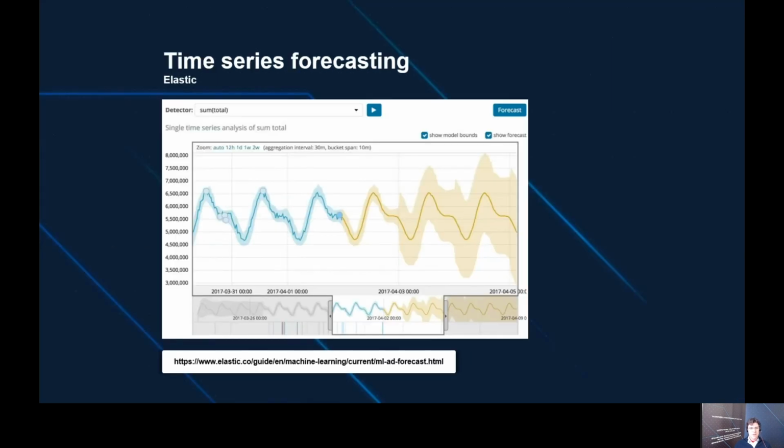Also, Elastic from the ELK stack has built-in time series forecasting features in it. Feed the system with time series data, for example, traffic or throughput or whatever. And then you can also do some time series forecasting and predict congestion with it on the longer scale, in the order of months, weeks.